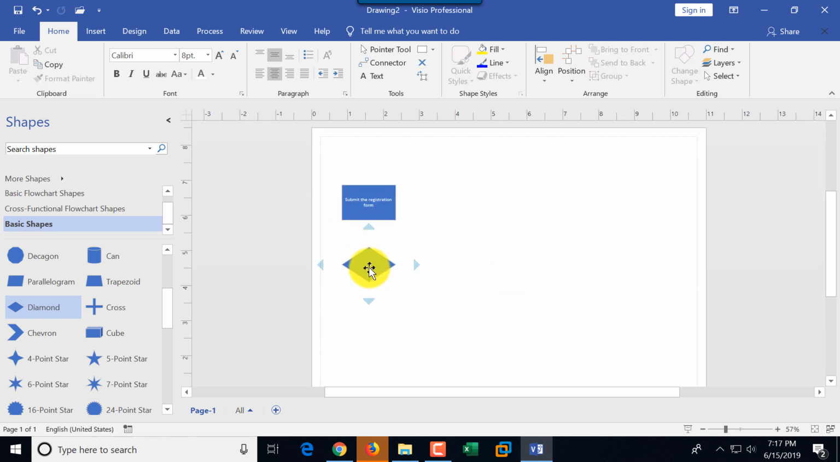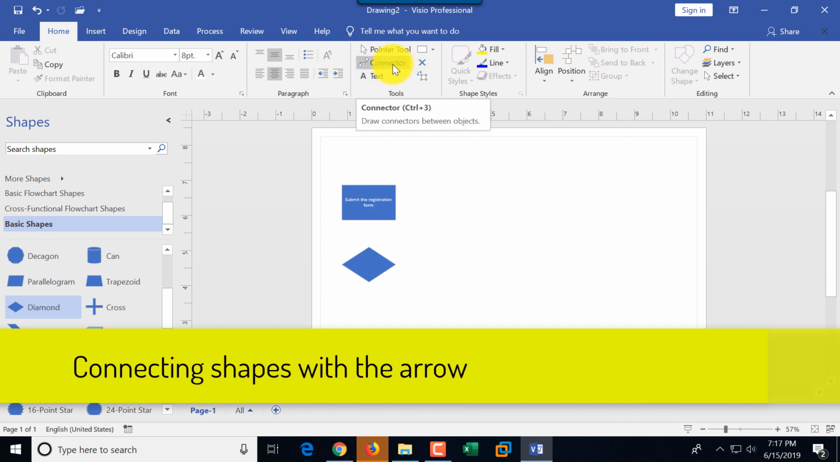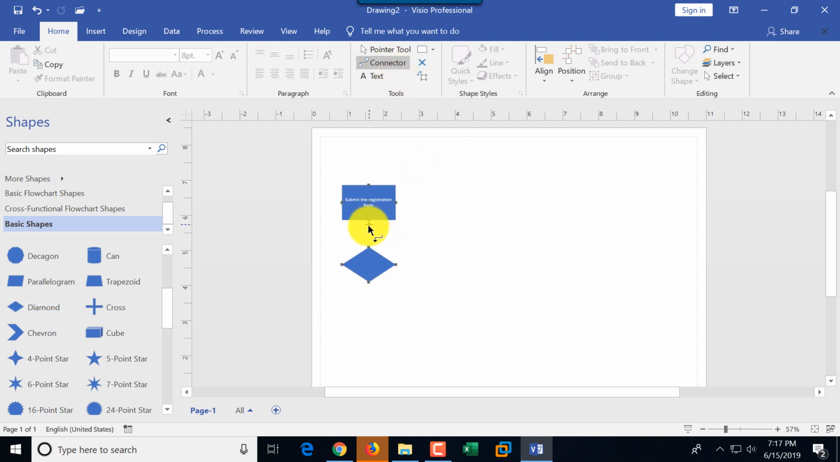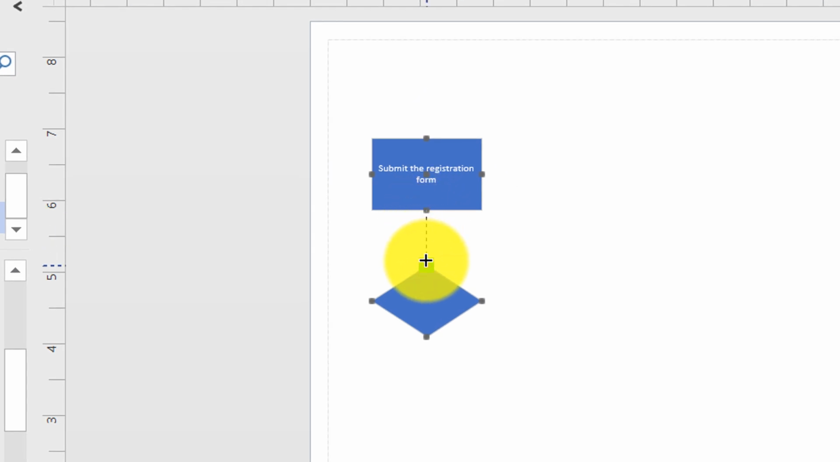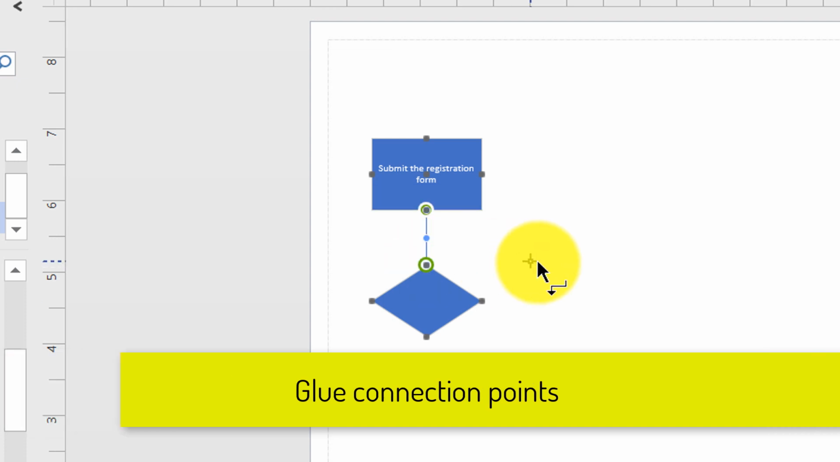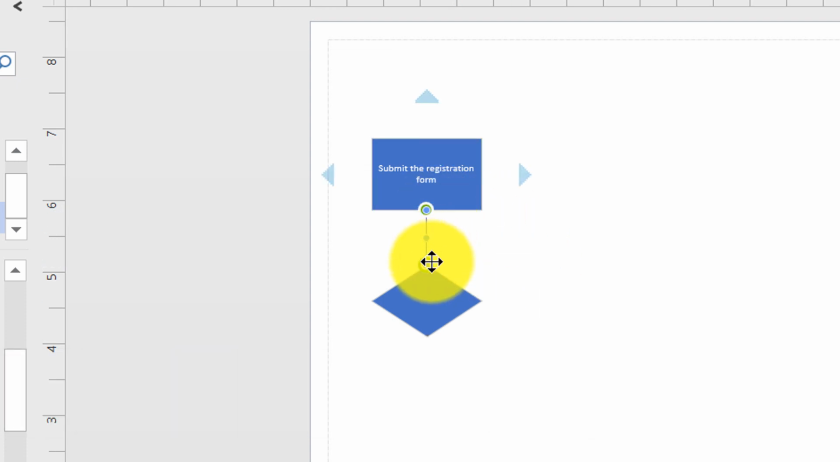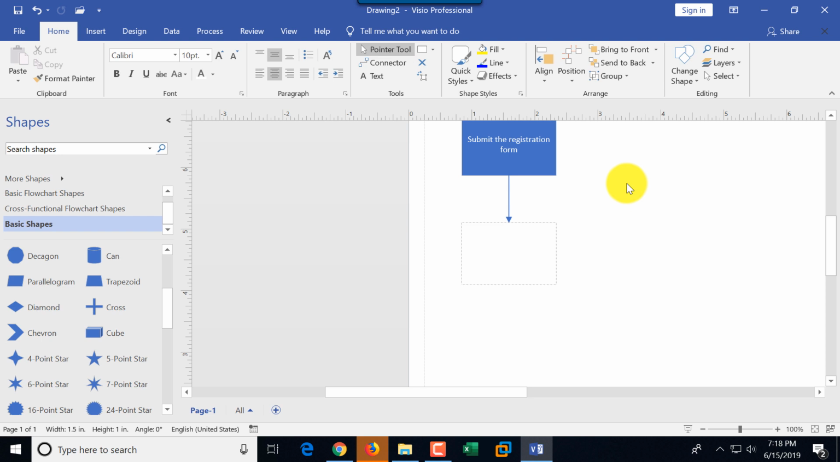Now I am going to create an arrow and connect it with the arrow, and for that I'm going to switch to the connector. And as you can see, as I hover on top of the rectangle, it changes the connection point from black and adds a green rectangle, and I'm going to glue one connection point from the rectangle to the diamond. I'm going to switch back to the pointer tool, double click on the diamond, and type here